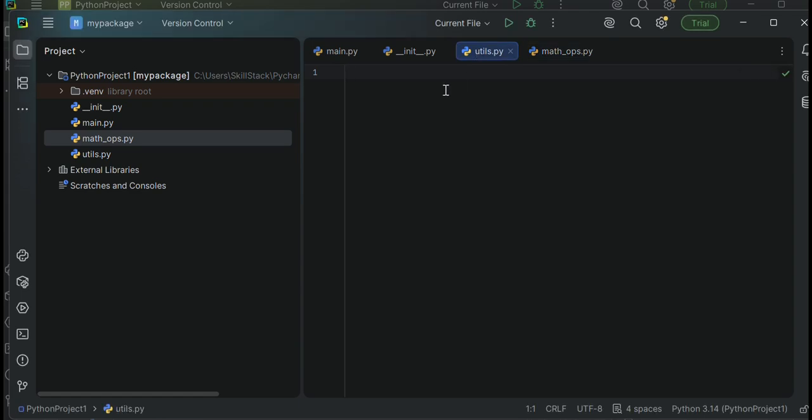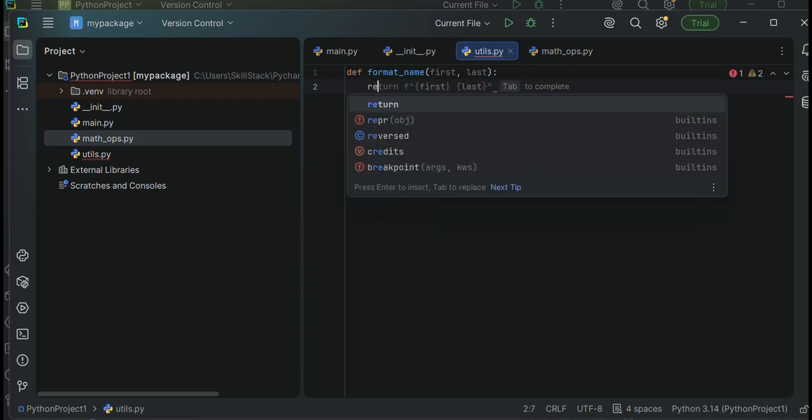Now let's write something here. Okay, let's just define a function. Define format_name. You can define whatever you want to define, it depends on you. Okay, format_name, and let's just insert first and last. Don't forget your colon, and then come to the next line and let's just return